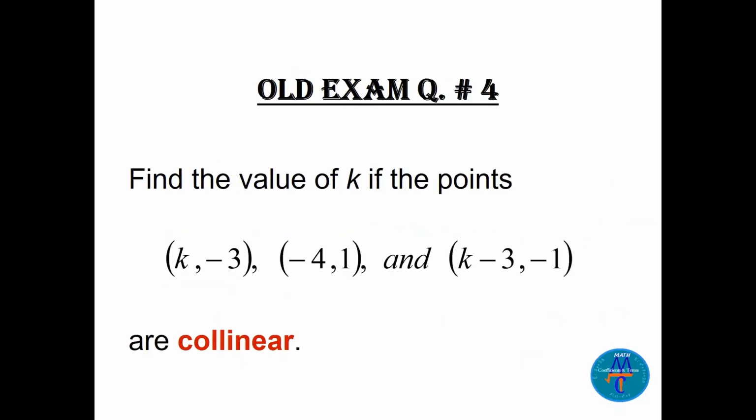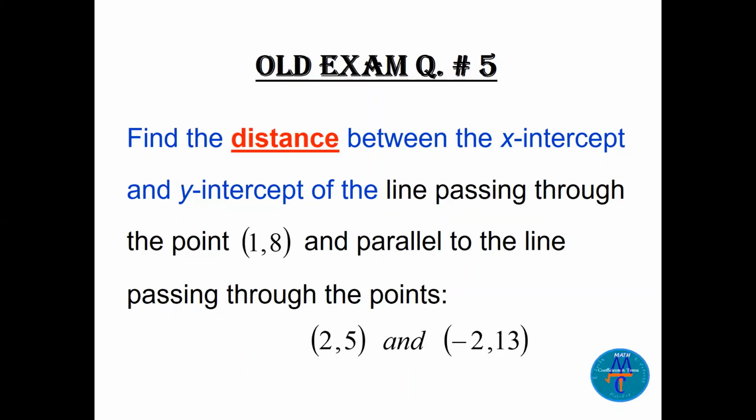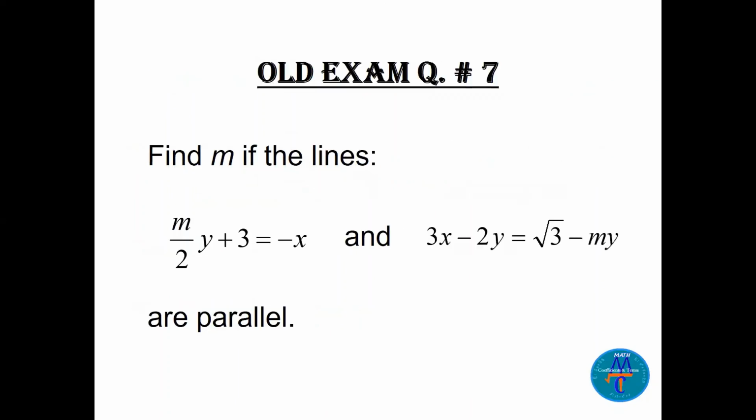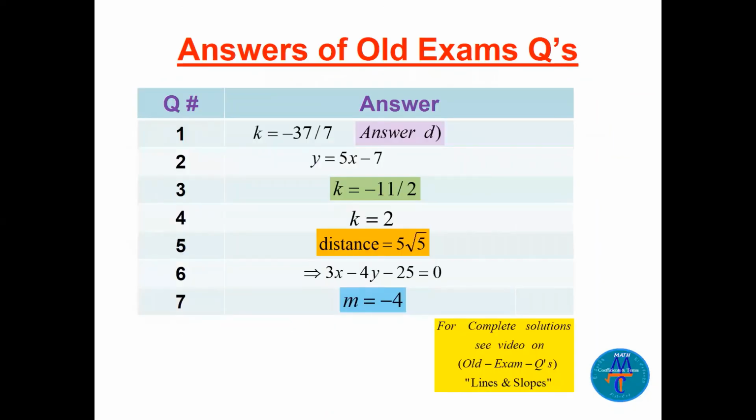Find k, we have collinear, the 3 points on the same line. And then find the distance, just read the question. And here we have a tangent to this circle. Then the equation of the line. Number 7, they are parallel. These are the answers. If you need the complete solution, please go to the video on all the exams, lines,